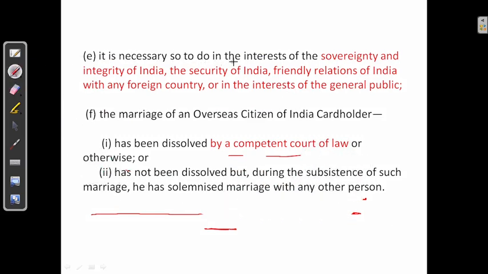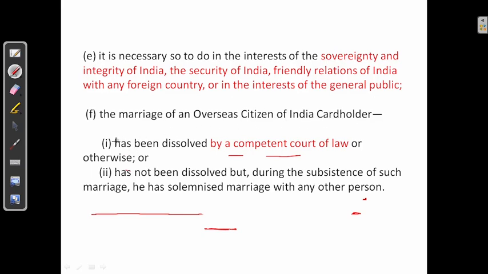if it is necessary so to do in the interest of the sovereignty and integrity of India, the security of India, friendly relations of India with a foreign country, or the interest of the general public. If there is any threat to the security of India or relations with a foreign country, then also his OCIC will be terminated. Next, through the marriage of the